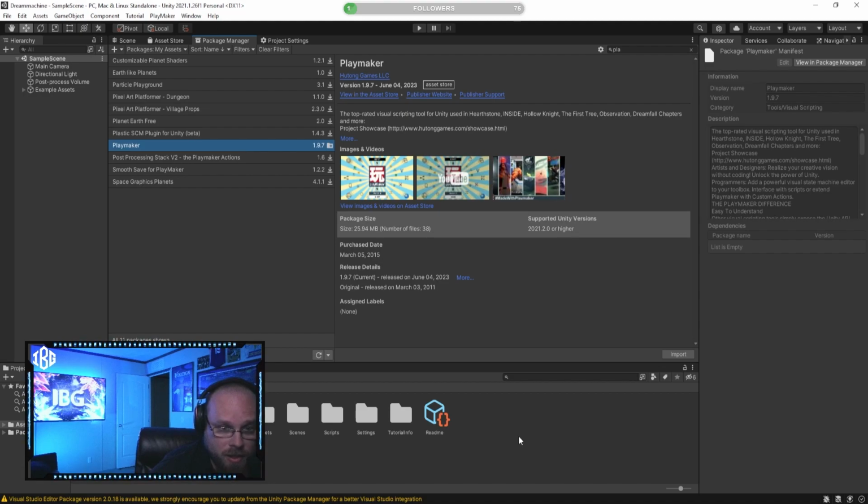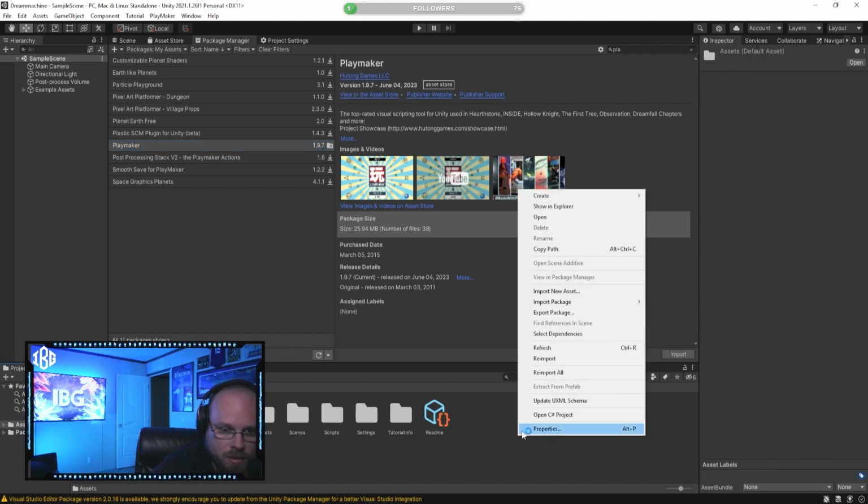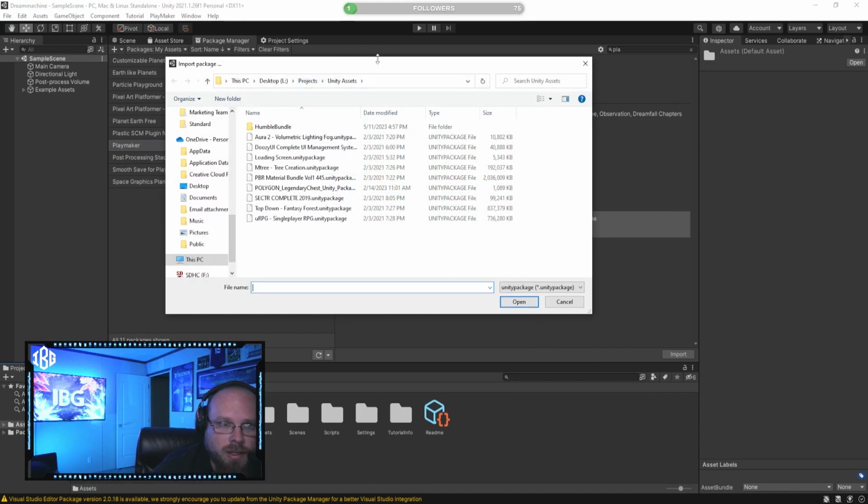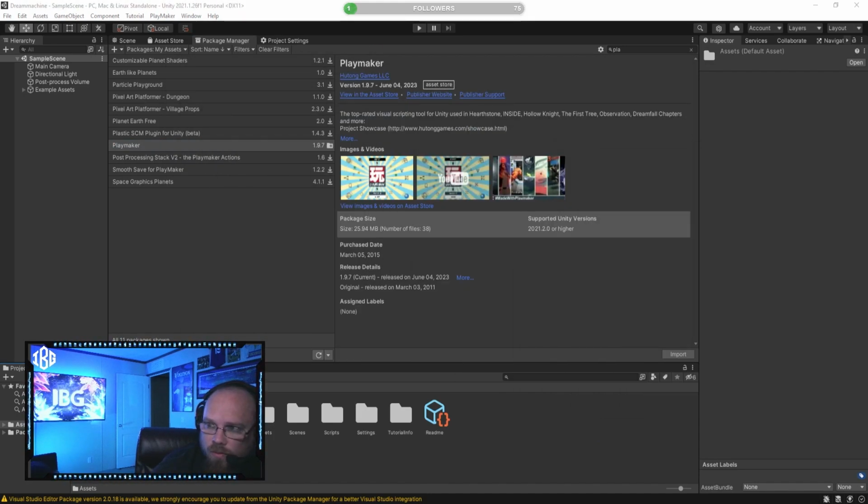Now, another thing that I like to do is I import a custom package. I'm going to move this out of the way for now. But you can just Google, what's it called? The official name, I think, is it's like a store ecosystem for Playmaker, and it's really cool because